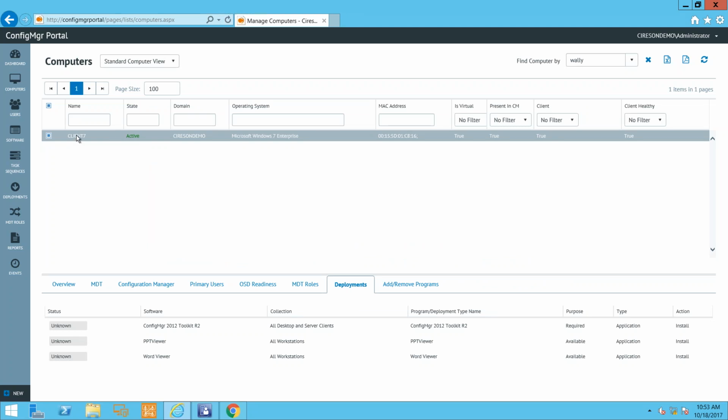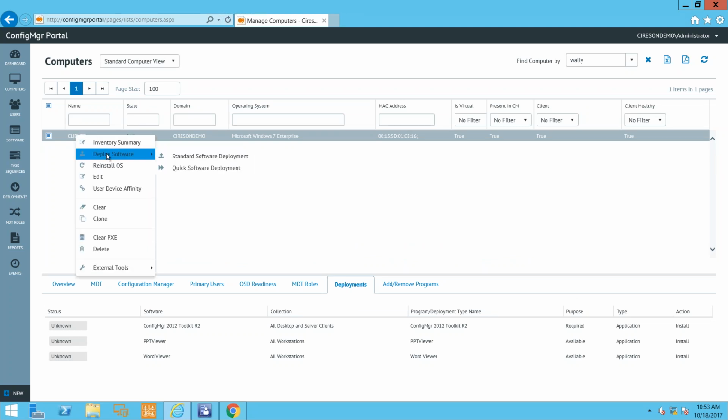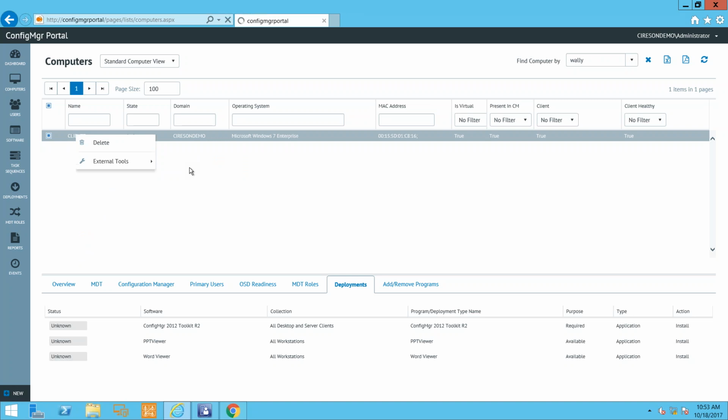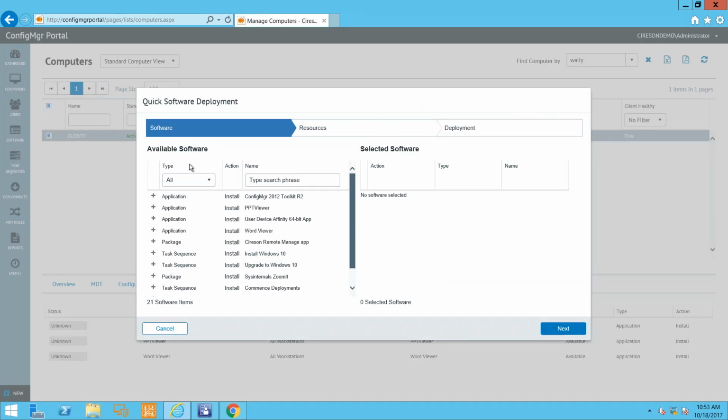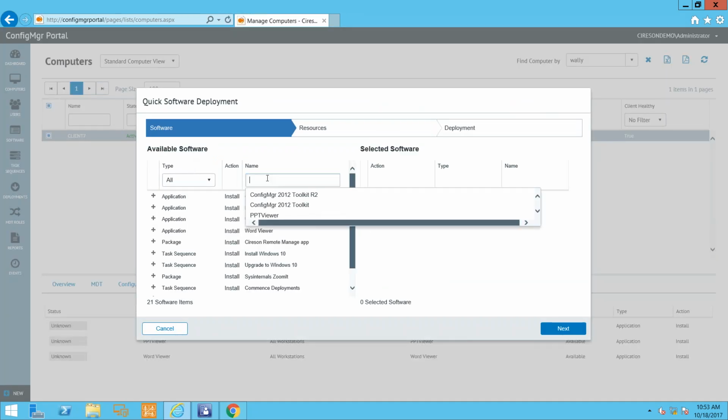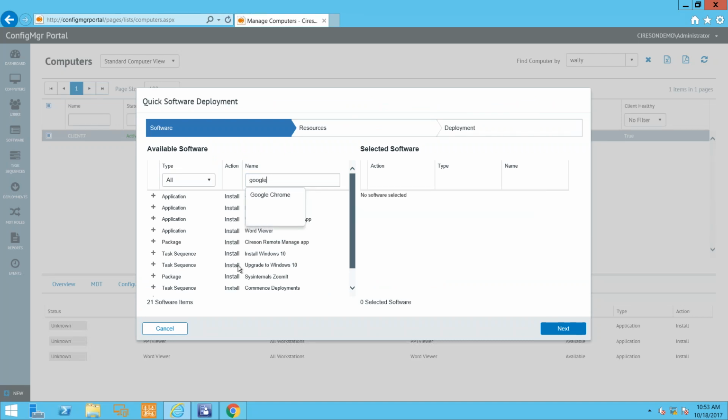So now I would go ahead and do a right click and deploy software. And most likely for a service desk scenario, do a quick software deployment. And I would hard code it, so that's all they would see. Now let's say it's that piece of software I just created. So that was Google Chrome. We wanted to have available to everybody. So click Google Chrome,